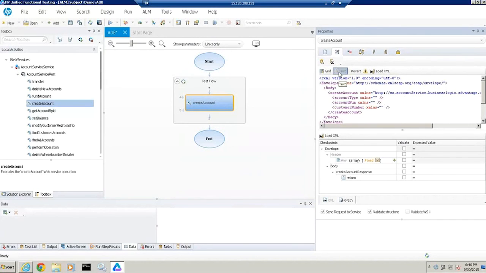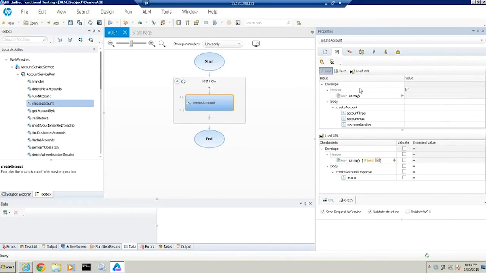We can look at the raw text, and we can even do things like upload. So if we have sample payloads, maybe as QA we went to our development team and said, hey, we're creating these SOAP tests, web service tests, API tests, et cetera, but it would be nice to have some example payloads that may have been captured to use or import right into our toolset. That's not always the case. The definition is going to show us what is required. So you can see that as we assemble a header and a body,